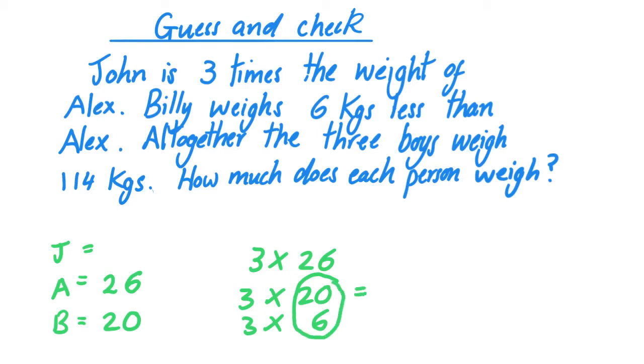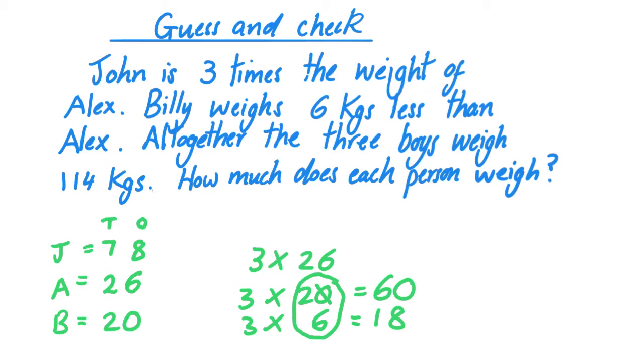Well, 3 times 20, I'm going to use my place value knowledge for that, and say 2 3s are 6, and put that 0 back on. So 3 times 20 is 60, and 3 times 6, I know my tables, 6, 12, 18. So we've got 60 and then 18 together. That will be John's weight. We've worked out 3 times 26, which makes 78. Now see, I'm being really careful to keep everything in the right place value column, the 1s and the 10s,